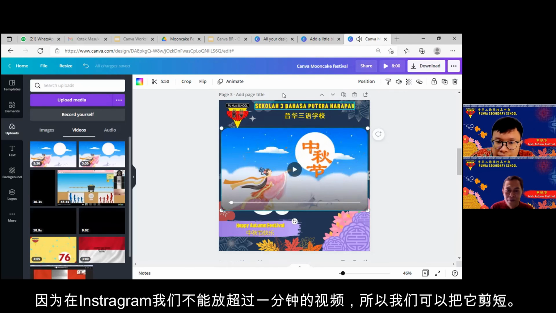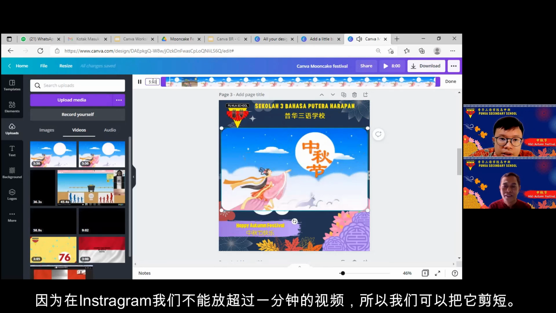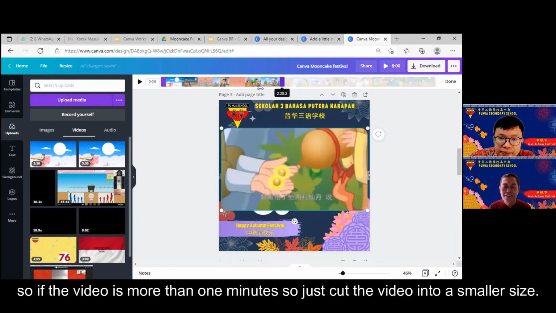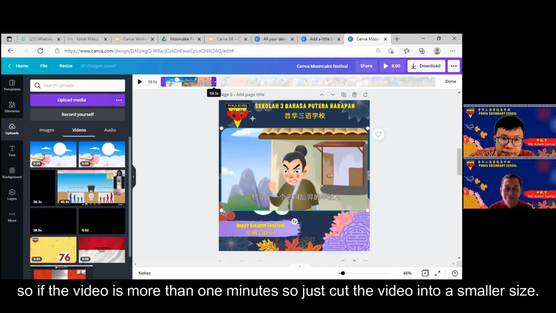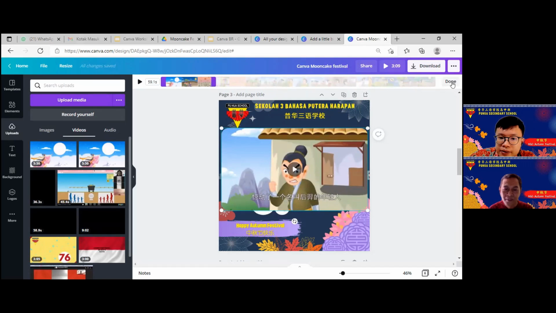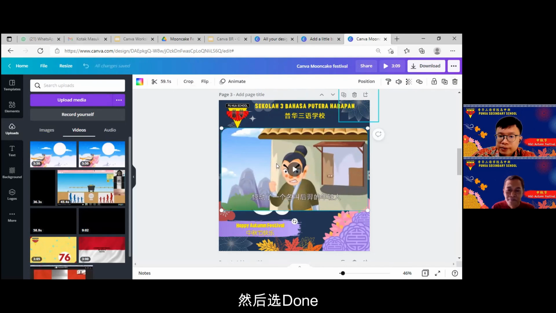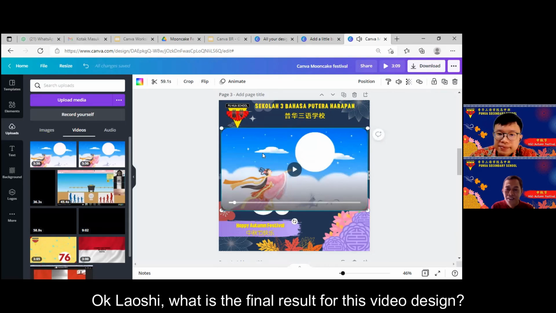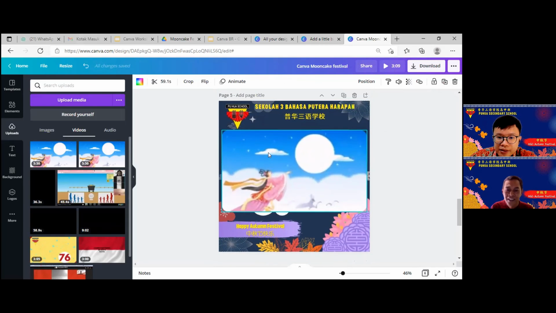因为在 Instagram 里面，我们不能放超过1分钟的视频，所以我们可以把它剪短。 Yes, usually in Instagram we have only 1 minute. Okay, so if the video is more than 1 minute, we can cut the video. Okay, resize the video in the smaller one. Okay, this way. 然后我们选 done。 Okay. Okay, Lasa. Okay, what is the final result, Lasa, from this video? Okay, this is the final result of this video. Okay, Lasa. 好的，我们就到这里。